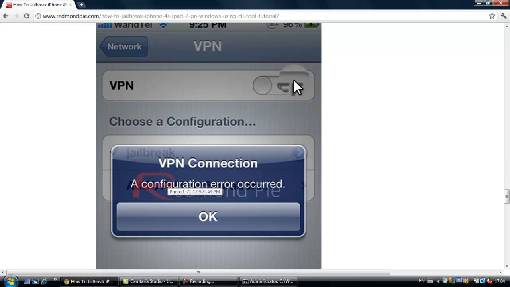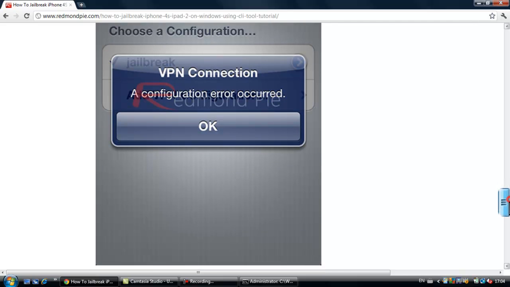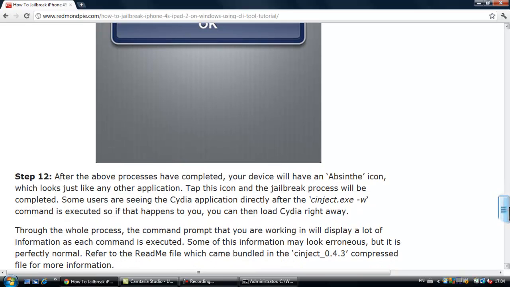Then you just put the VPN to on, and then click OK. That VPN connection error is normal, that's what you're supposed to get. Now you can either click OK or leave it, it doesn't matter. If you do leave it, it will restart, and just click OK because there's no point in waiting. It doesn't do anything else. Right, okay, after that's done and your device reboots,